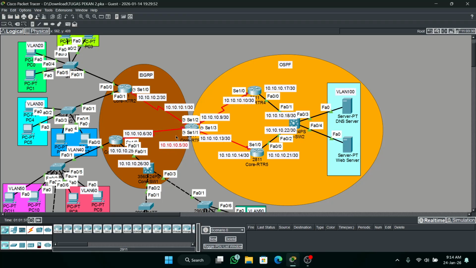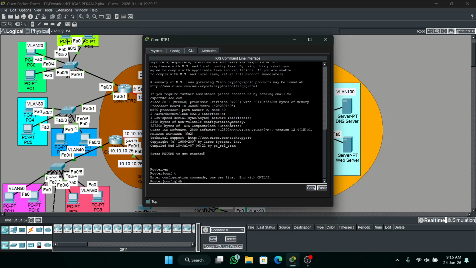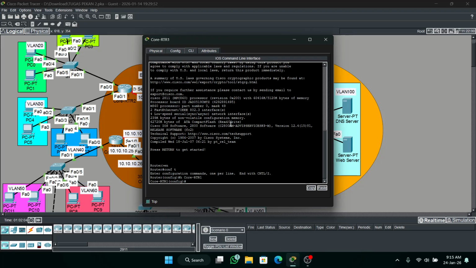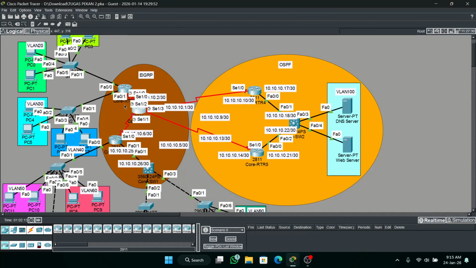Just go to core RTR, center here. Enable, configure terminal, hostname core RTR1, enable secret cisco, then go to interface serial 1/0 and 1/1.